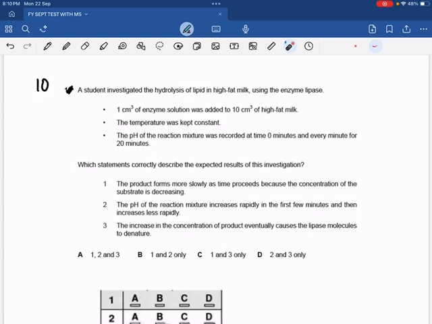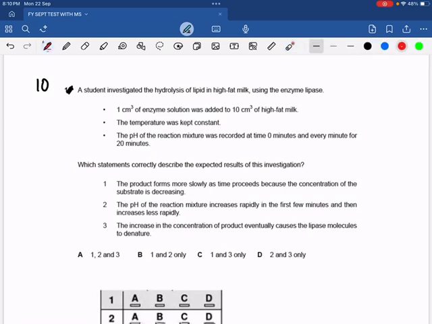This is the reaction which shows you that lipase is actually breaking down lipids. So when lipase breaks down lipids, it will break them down into glycerol and fatty acids. As the reaction proceeds, the pH will be lowered because of the formation of fatty acids, which is hydrolysis of triglyceride taking place. So those fatty acids will not only lower the pH, but might also denature the enzyme. So the answer to this last question, MCQ number 10, is C.